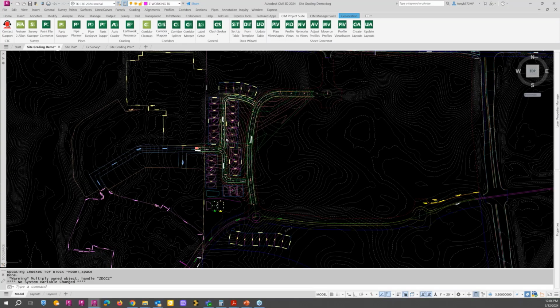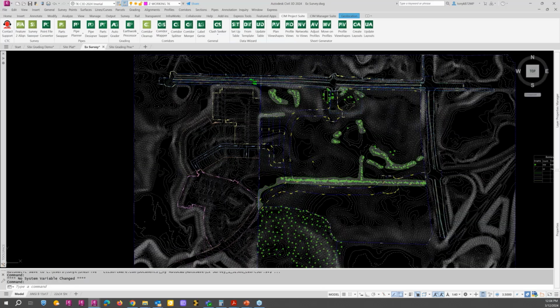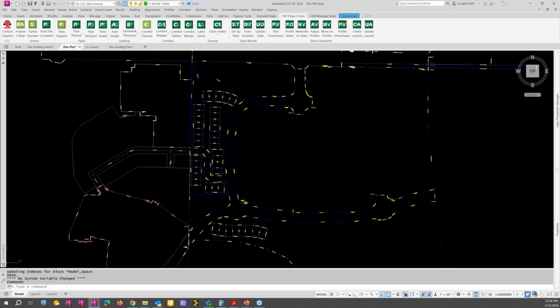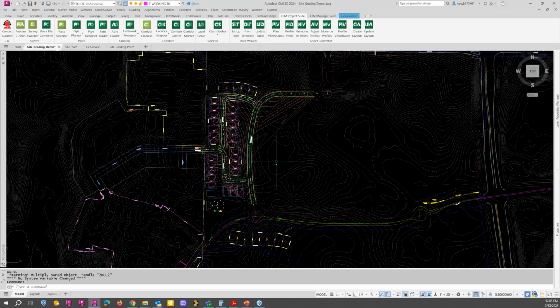Okay, so here's our drawing that we started with. Previously, we showed our existing conditions where we did some tree counts and clear and grub area removal, some plat labeling here. And then we have the site plat where we use Label Genie to finish up the plat here and label everything. So now we're down to grading and creating our land development site, and this will be phase 1 of this site, which is this